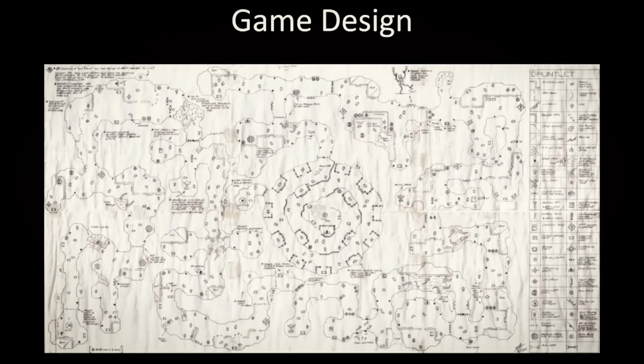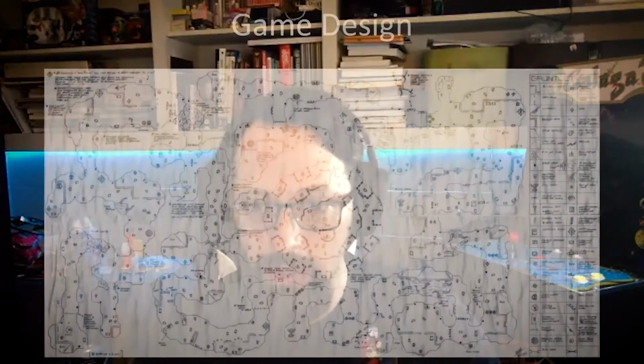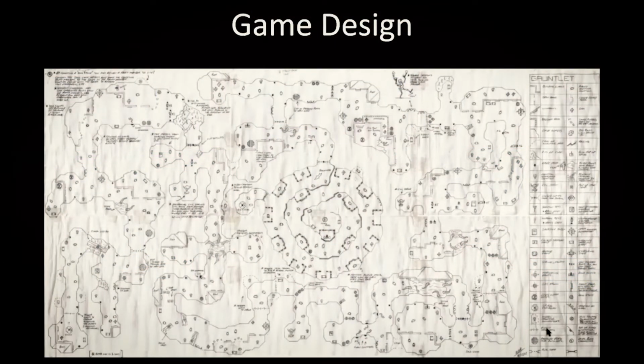Especially if you have to calculate how much virtual space a game is going to take up. If you think about games like Grand Theft Auto that are virtually miles and miles of a city and landscape, somebody had to sit down and draw out and figure out how that whole map is laid out and how much virtual space it's actually going to take up. So that's kind of what we're looking at here.